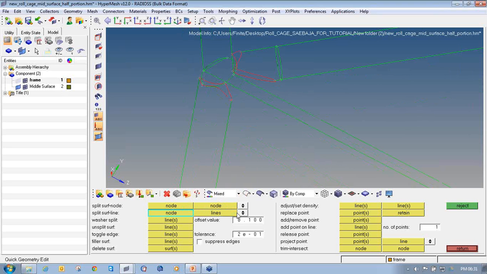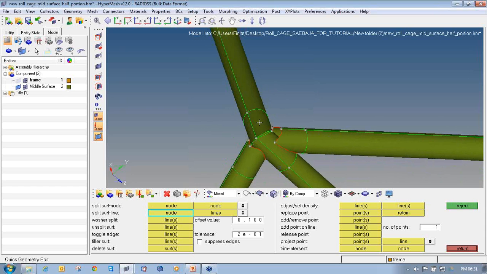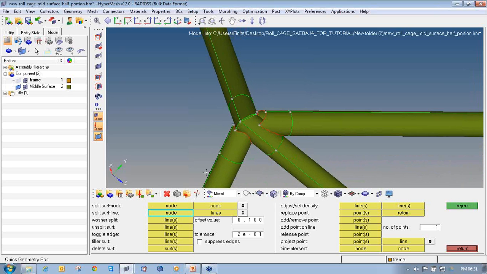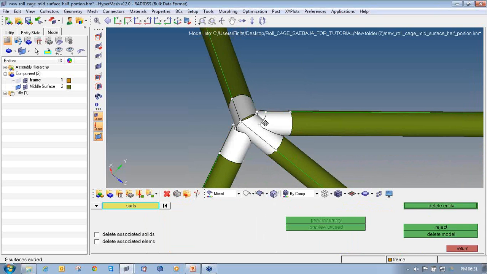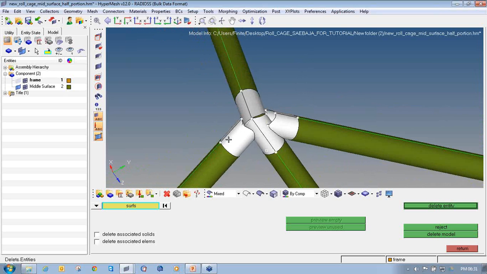Press escape. Make sure this line option is toggled to lines, so that once you pick the lines, all the lines should get split. You have to split all the pipes. So this line to this line, again from this end to this end, again to this end. In this way I have split all the 4 pipes which are forming a joint in the roll cage structure. Then delete these cutout sections which I have split out,